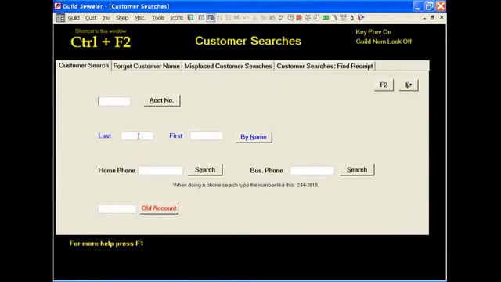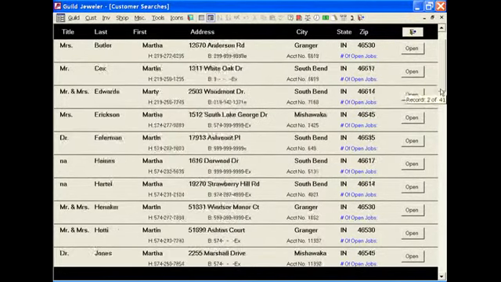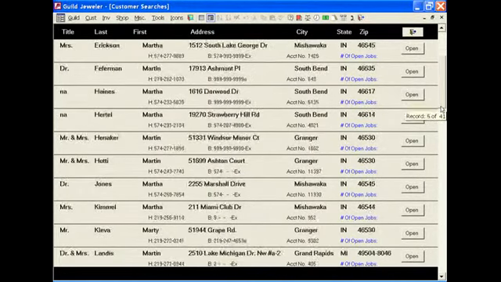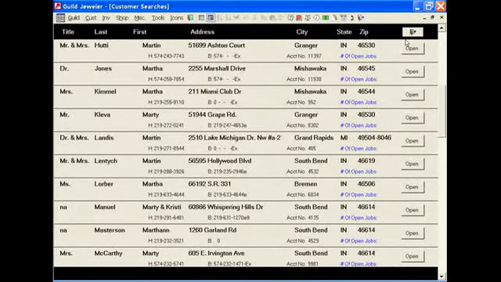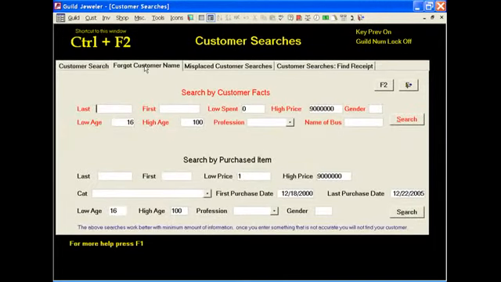And let's say I forgot the customer's last name. I could do first name only. I could do Martha and hit enter, and it's going to find all the Marthas. Well, that might take a while, but hopefully as I looked through here, I would see the Martha that looked familiar to me. And again, we look for our little door, and we go back,